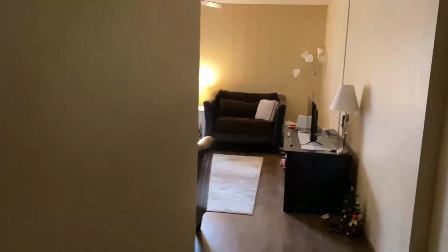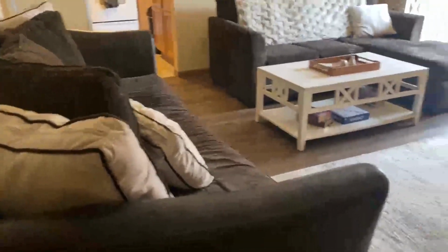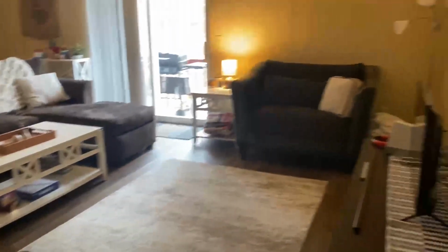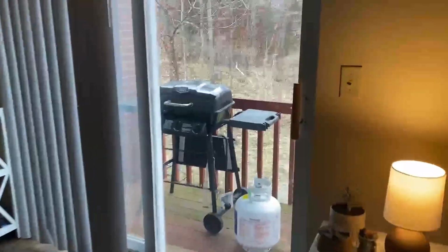And welcome. So now we've entered into our apartment, and this is our living room. It's me, my sister, and two other people who live here, so we all kind of chipped in and bought furniture for the living room. Have a nice little balcony out here,